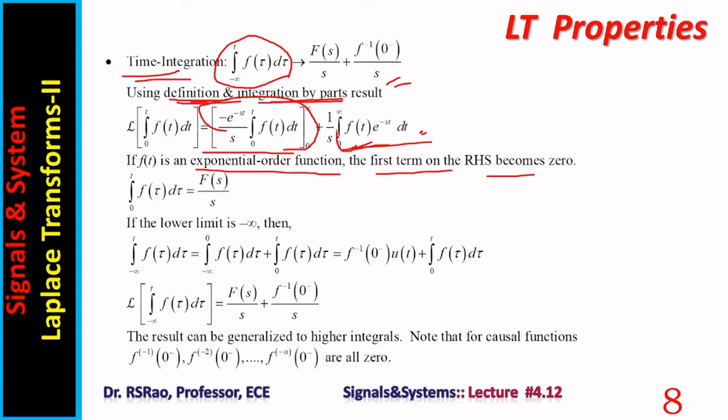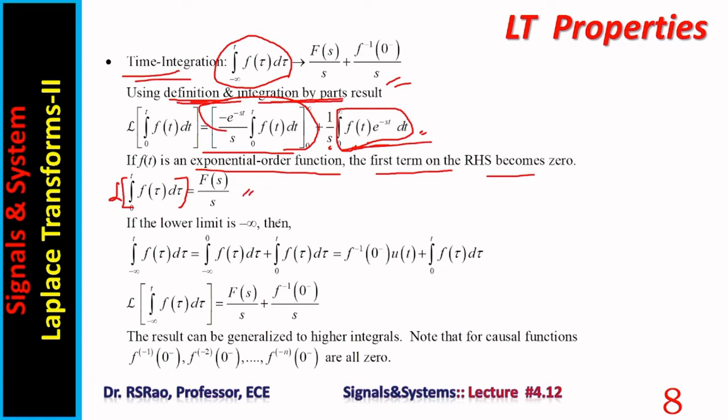Notice this integral can be identified as F of s, and 1 by s is already there, so it becomes F of s by s. Here it should be Laplace; L is missing. So Laplace transform of integral 0 to t f of tau d tau is equal to